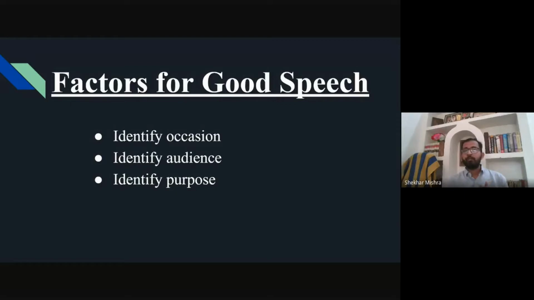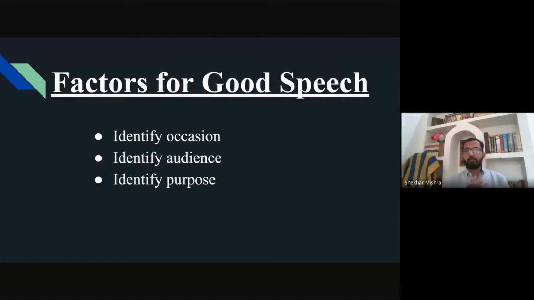You are going to give a speech on an event organized in Diwali, so you have to include anecdotes like that. You have to include matter which is suitable for that particular event and audience. Why does the audience matter? Audience does matter because whether or not you are familiar with the audience previously, they are of your age group, your friends, or your teachers. You have to make a speech so that they can understand, they can relate with your words.